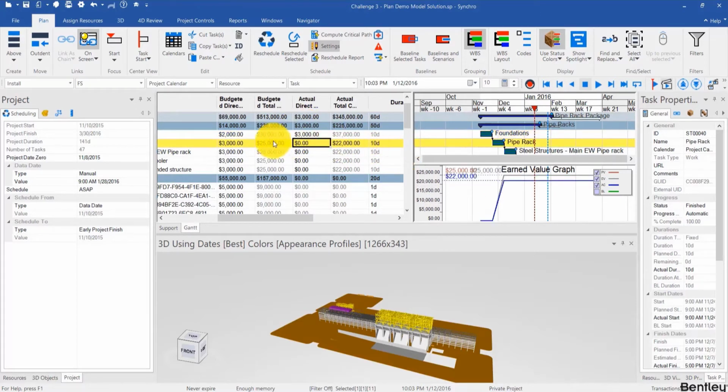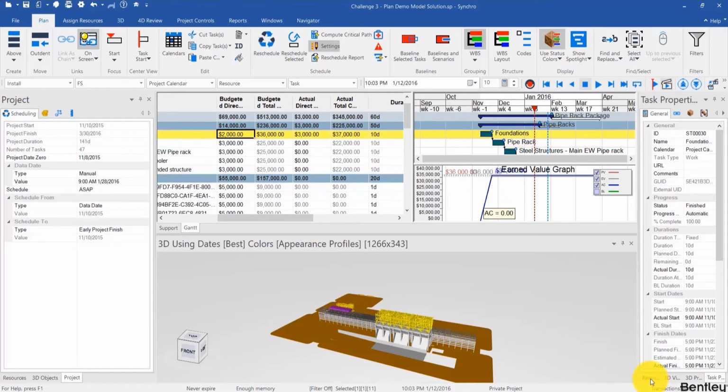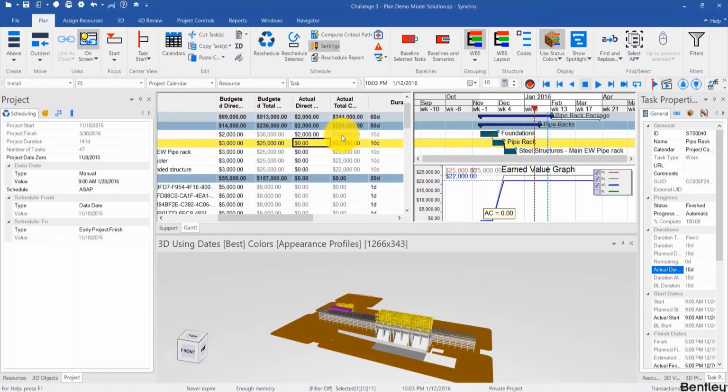Now what happens if the actual duration is different? And that's more interesting. So if I go to task properties under general, I'm going to put in the actual duration to be 15. Now you can also change actual duration by customizing columns and adding that duration. So let's say the cost is still the same, for example. So we have the same costs,